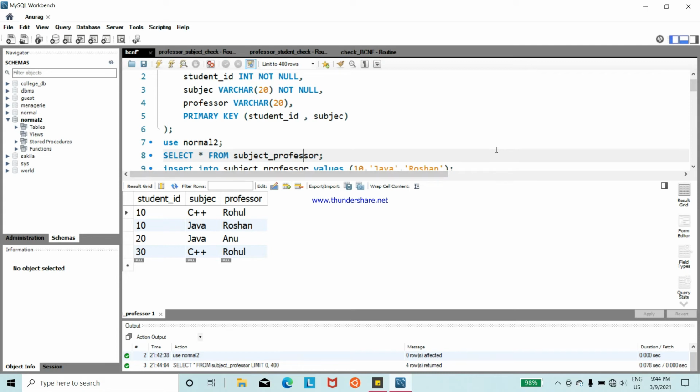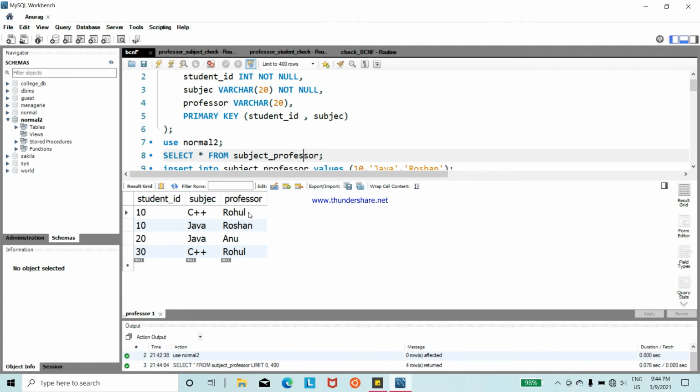Now it's time to check if this table is in BCNF or not. For BCNF we have to ensure that a non-prime attribute must not uniquely identify any prime attribute, but here professor is a non-prime attribute and can uniquely identify the subject.